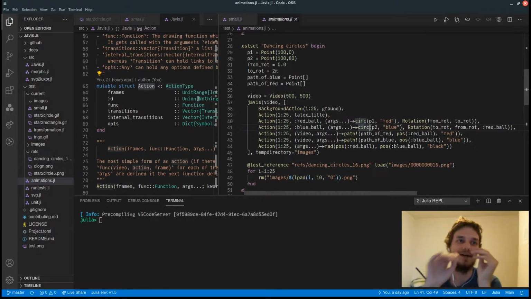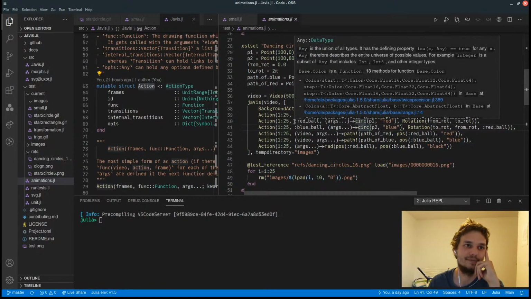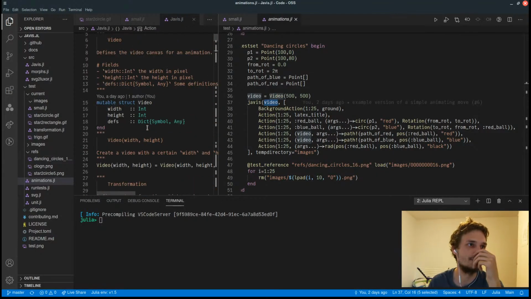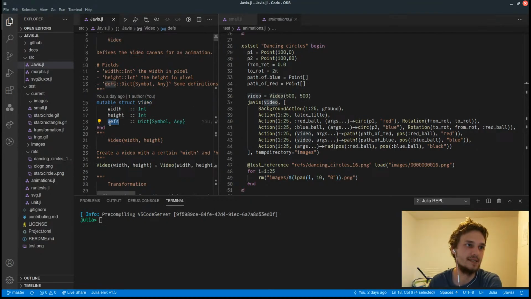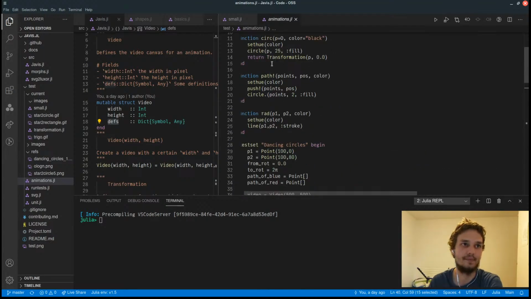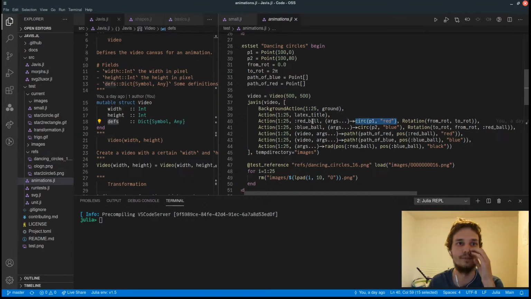Okay, all right. So yeah, it can be seen later on as a variable of this video object. So that's why the video has this so-called defs or definitions dictionary. And what this basically does is it calls the circ function when this action is called. It gets the transformation of the red ball back,